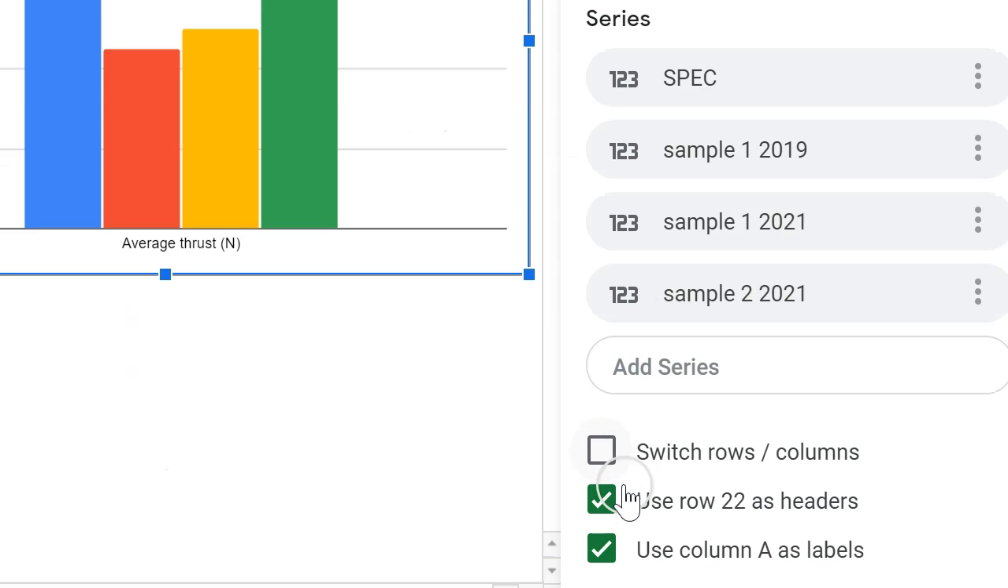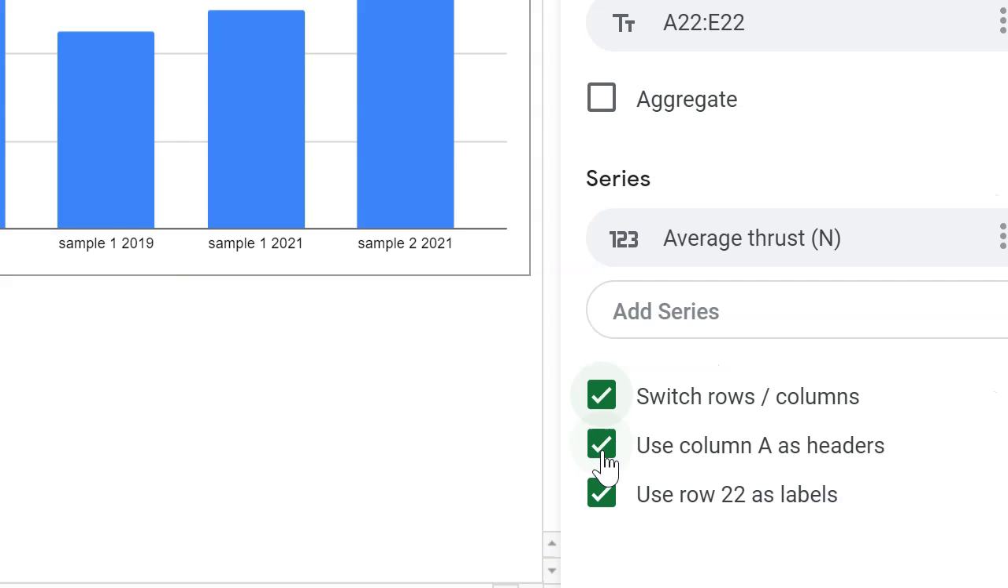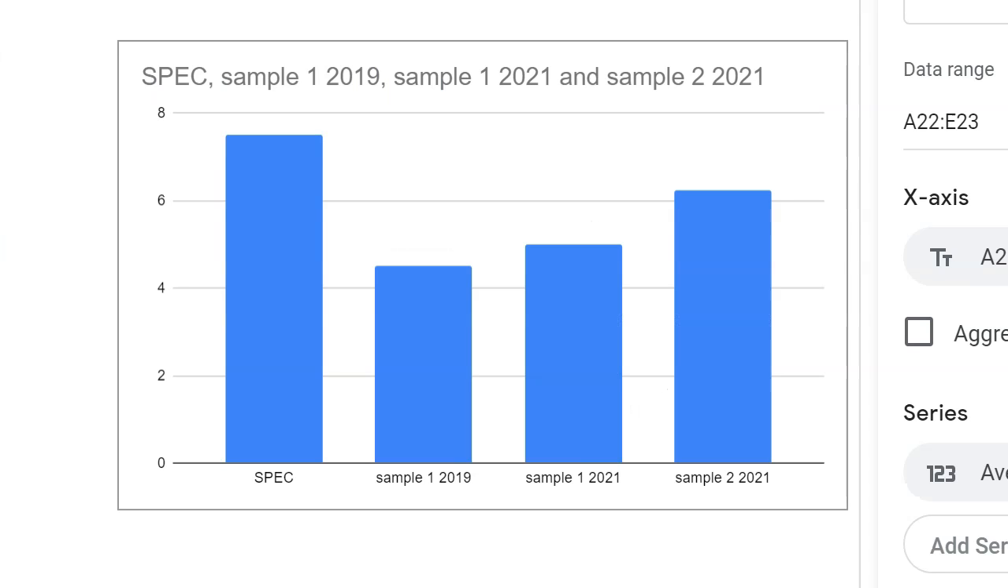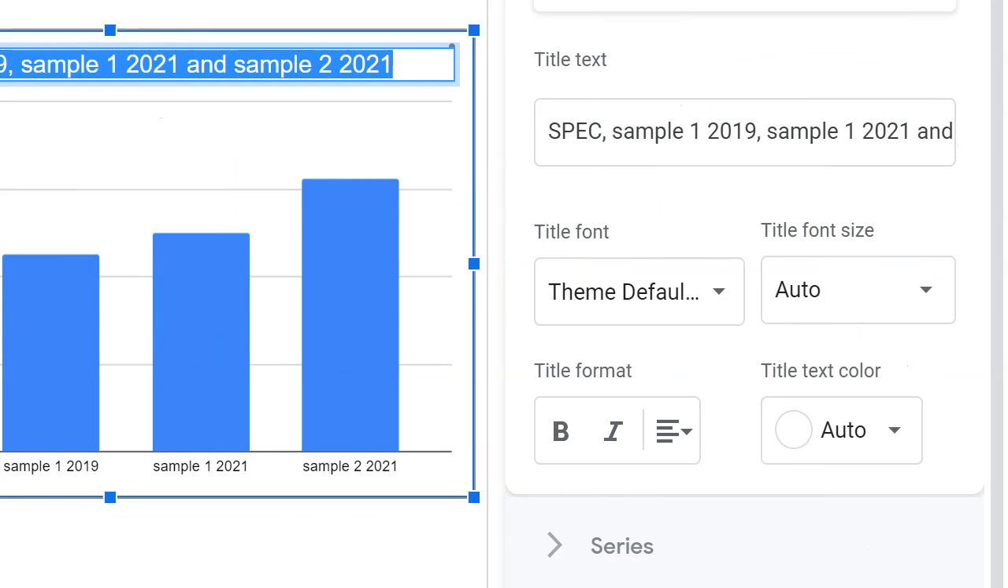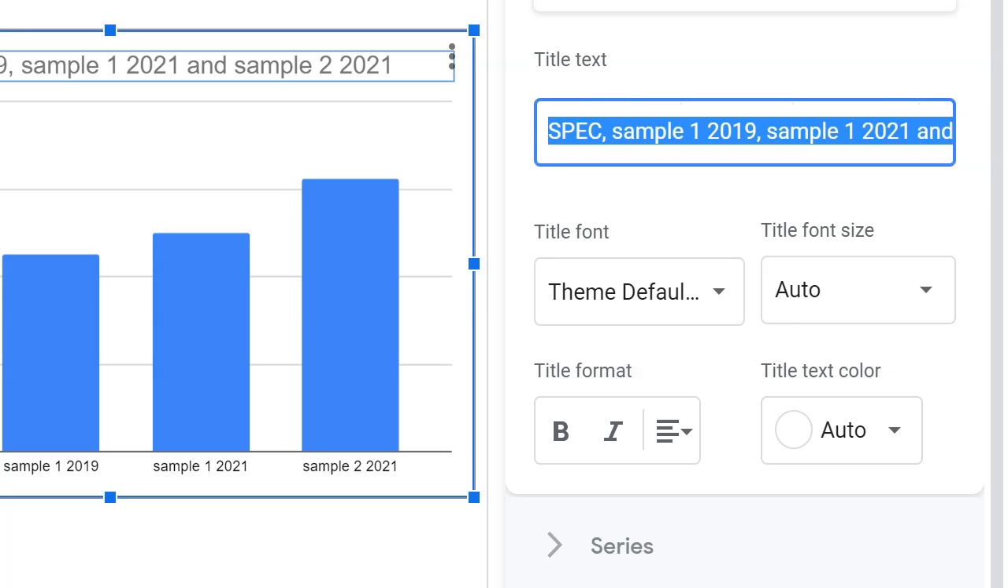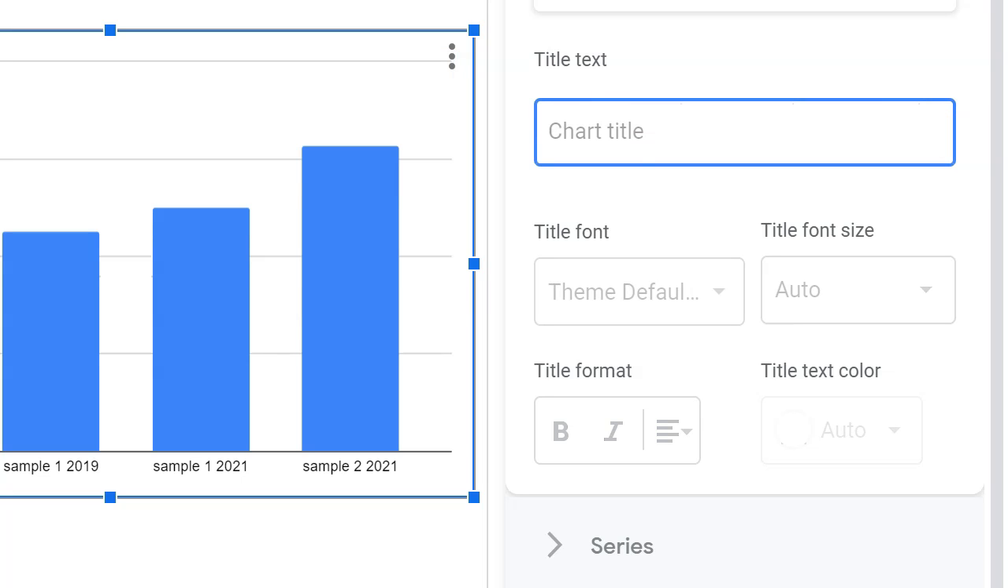So scroll down in the chart editor, try some things like this. I click switch rows and columns. I like that a lot better, but it doesn't tell me what we are seeing here. So an easy way to fix that is just to click on this and then click on the title. And then over here on the right, you will see that the title is not making sense. So we're just going to select all of that and call it,